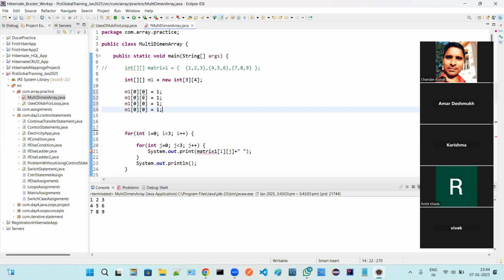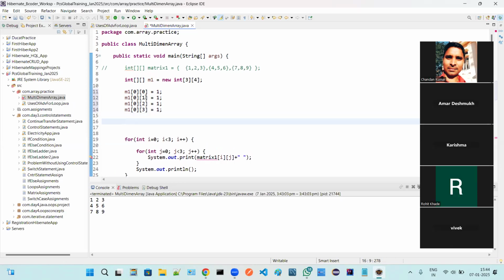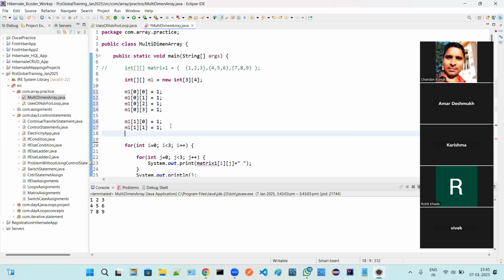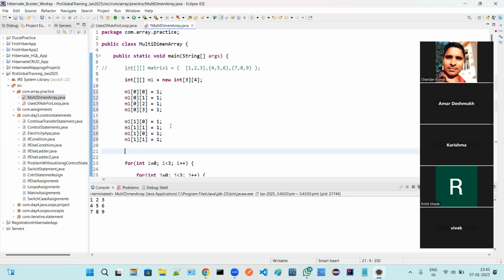So 0 0, 0 1, 0 2, 0 3. Correct. Now we come over here: 1 0, 1 1, and Control C, Control V, 1 0, 1 1, 1 2, 1 3.